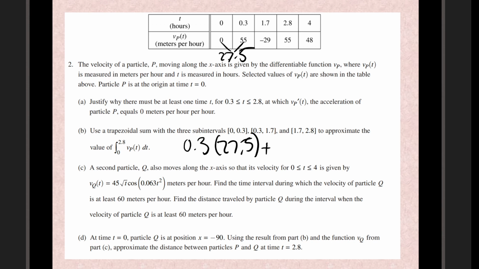Next interval is 1.4 wide, and halfway in between negative 29 and 55 is 26 divided by 2, 13. And the next interval is 1.1 wide, and halfway in between, oh, those are the exact same, so 13 is halfway in between. And you just add all these together,